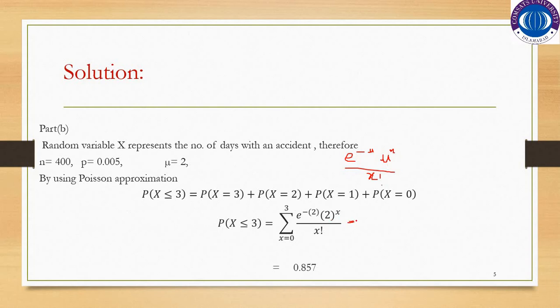So by simplifying this, we will get e raised to power minus 2 raised to power 0 over 0 factorial plus e raised to power minus 2 raised to power 1 over 1 factorial plus e raised to power minus 2 raised to power 2 over 2 factorial